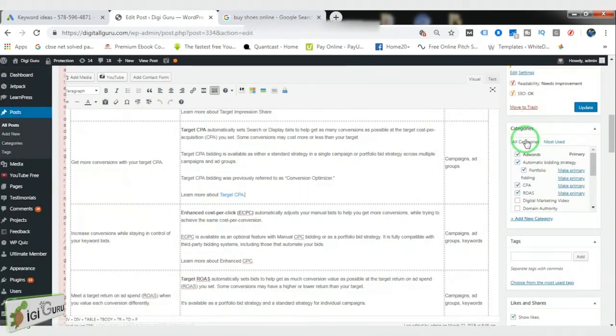On the right hand side, you can see there is an option for category. You need to mention the category very efficiently so that when the crawlers are crawling your pages or posts, they are aware under which category these posts fall. That way, while listing your pages in the Google search results from their own database, they are clear about what the topic or category is, which gives us an edge while appearing in the SERP. So don't forget to mention the category of your posts.